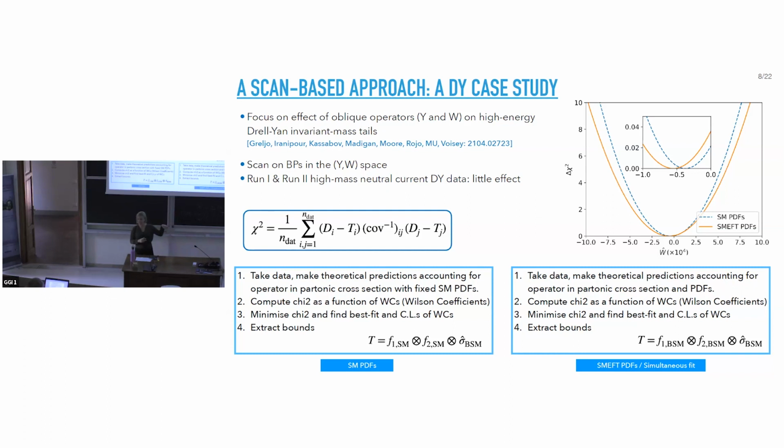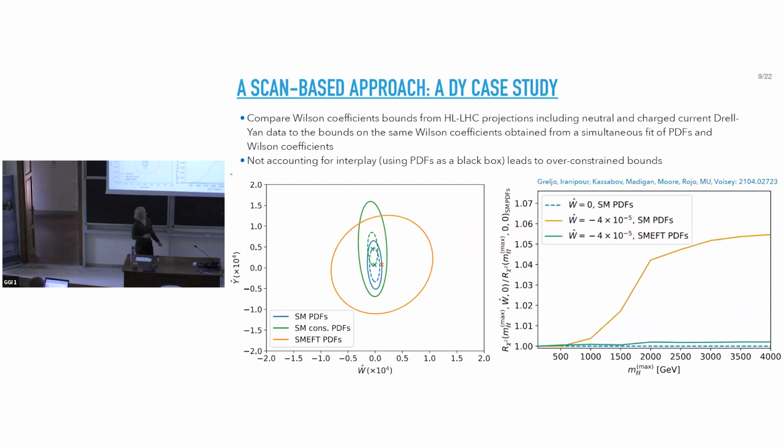Exactly. This method is the same one used by Jun Gao, and there is also another paper by the CT collaboration that does this kind of scan. It is interesting to understand, but it is not generalizable to many Wilson coefficients, because you have to do a huge scan, and for each point you have to do a PDF fit. So it's very expensive, okay? Anyway, we did it with the high-lumi Drell-Yan, and what we found was very interesting, because if you go to much larger values of the masses, which is what you can reach in the high-lumi, you see that actually,